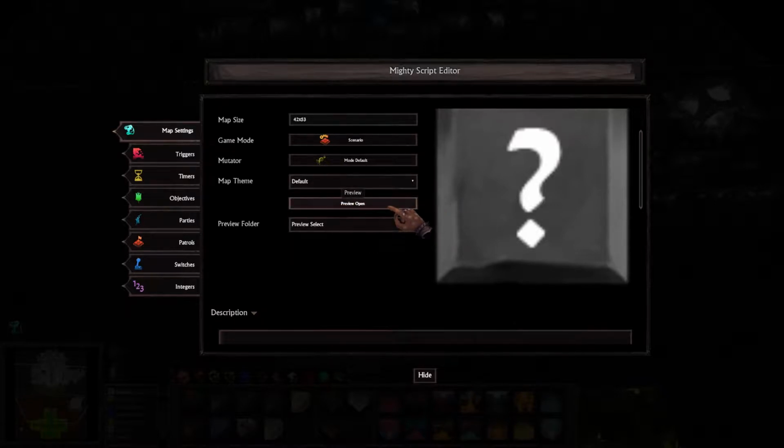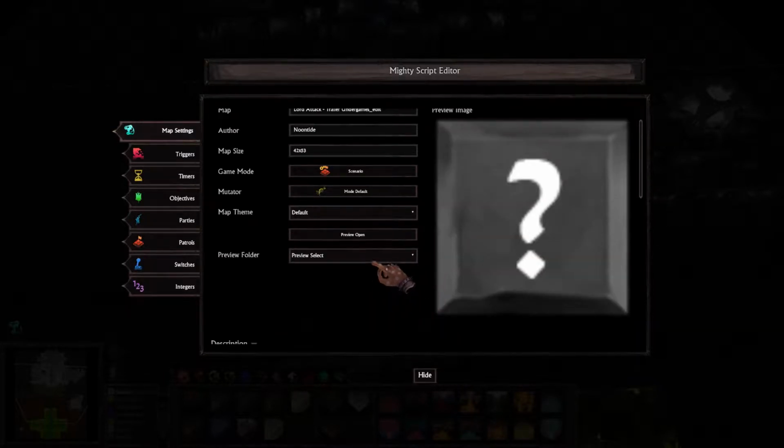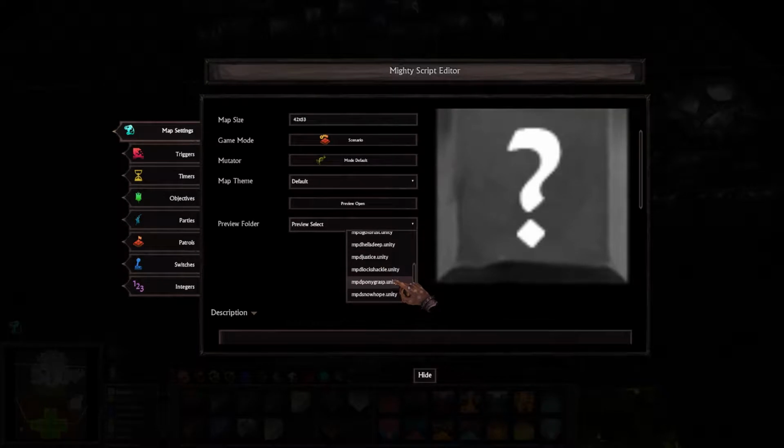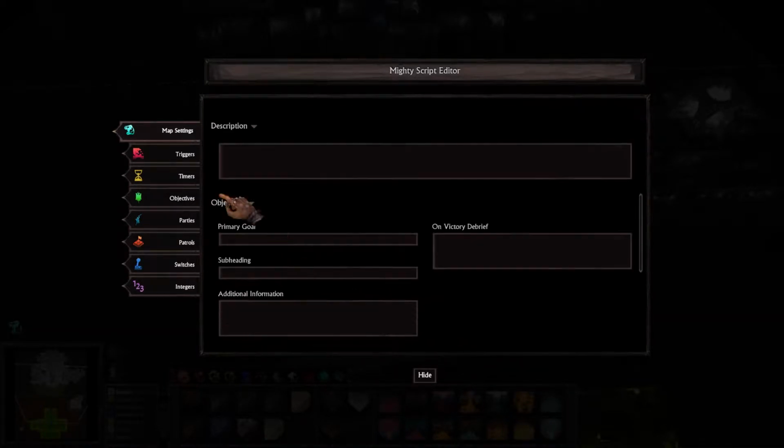This will open your previews folder, which will store your images, and you've got a bunch of different selects for the preview thing. I'm not actually sure if this is working yet. That's one nano. You can set your description here as well as the objectives that appear on the screens of